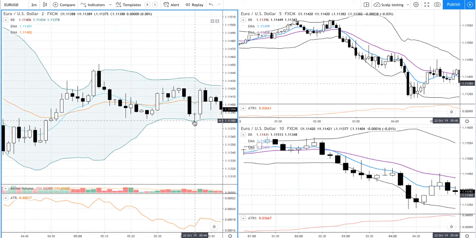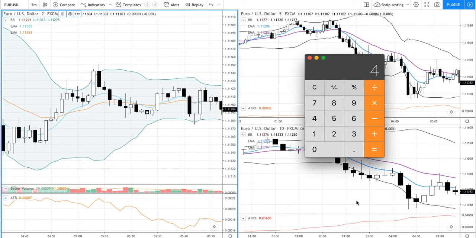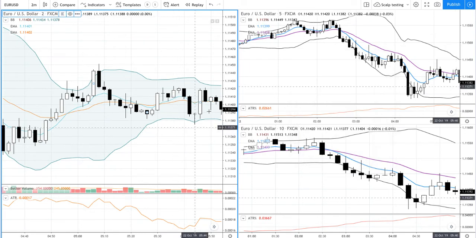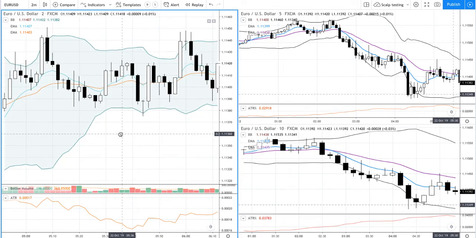Mine still, the low is 37.5. Hang on, let me just double check that. I thought I didn't make it. So 41.5 minus 4.5 is 37. No. Okay, so my target was 37 and we got to a low of 37.5. So if I did it the other way, I would have hit the target here. But because I chose to do it this way, which was unlucky and it did not hit the target,